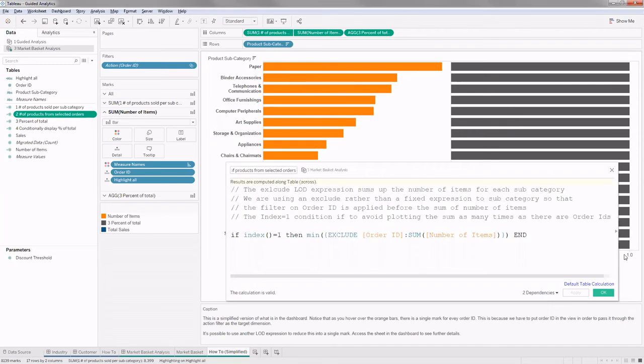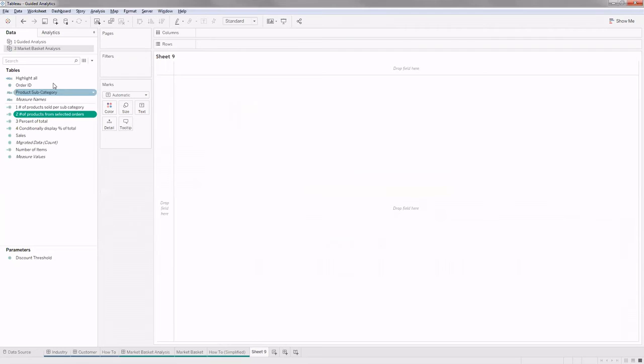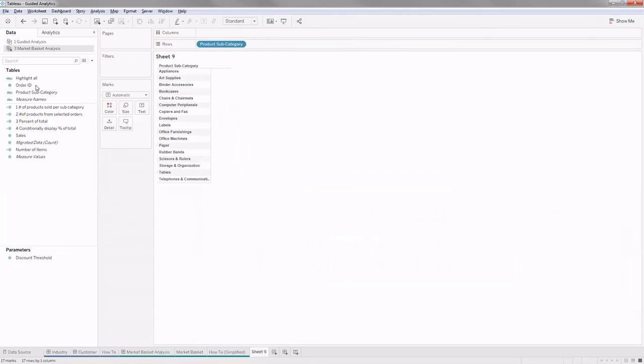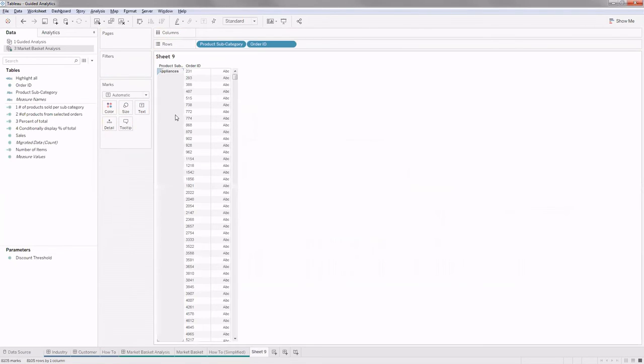Okay, let me explain using another visualization. It's tricky to explain. We have subcategory, we have order ID. In this particular subcategory, we have different order IDs. Now I'll put the number of items here.